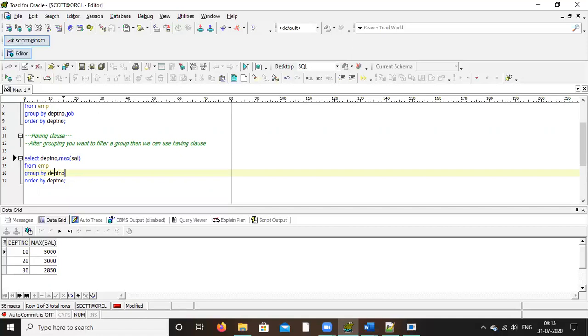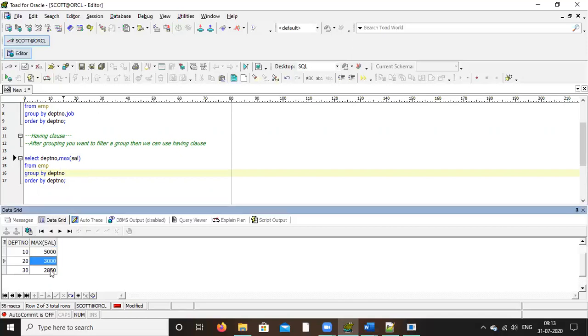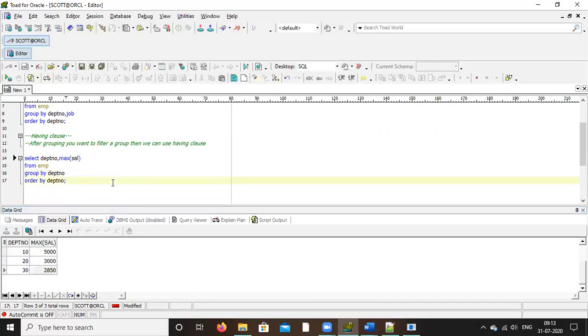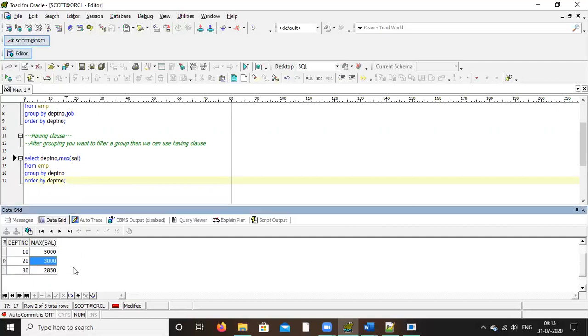Let's say 2,500, 2,850. This is 3,000. This is 5,000. So I want to filter where maximum salary is smaller than 3,000. Now in that case, what you have to do, write group by department number, and after group by, enter.